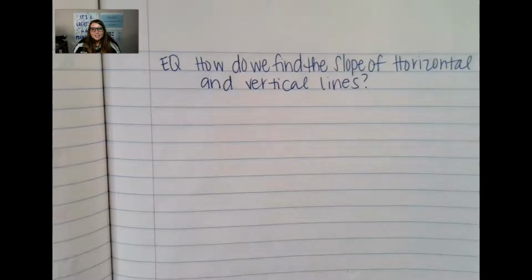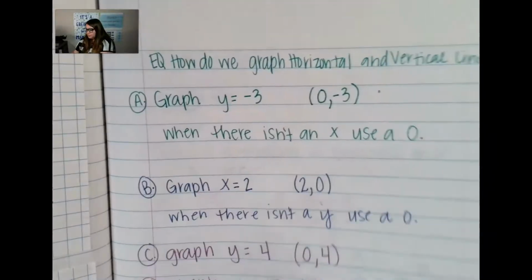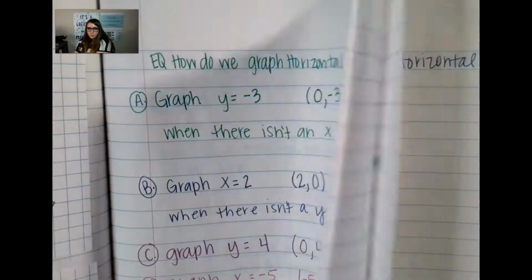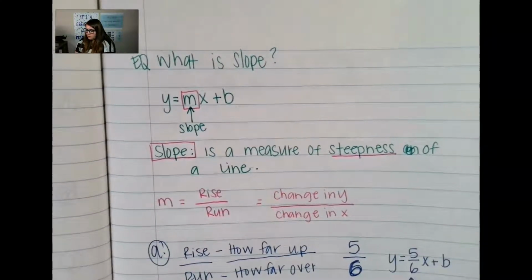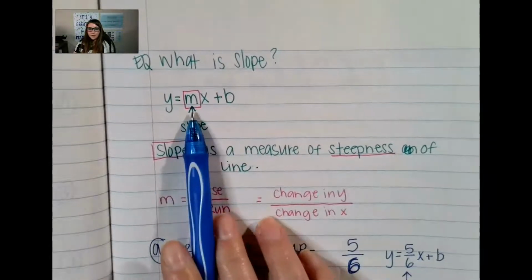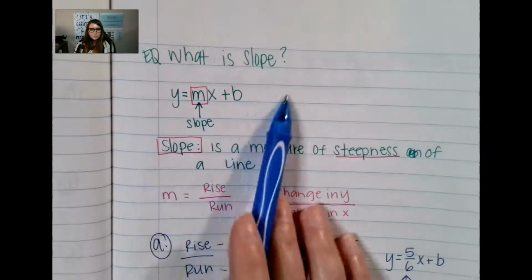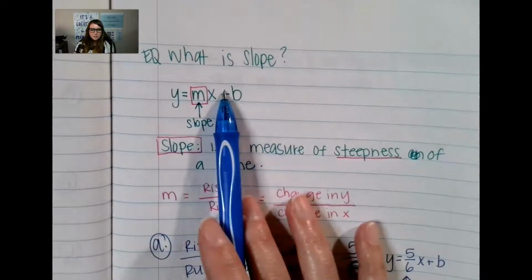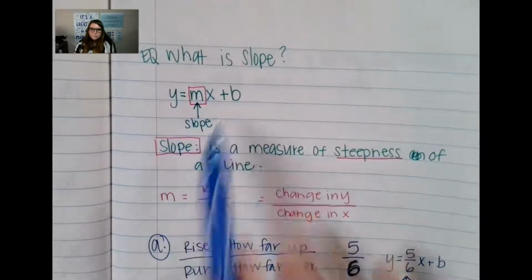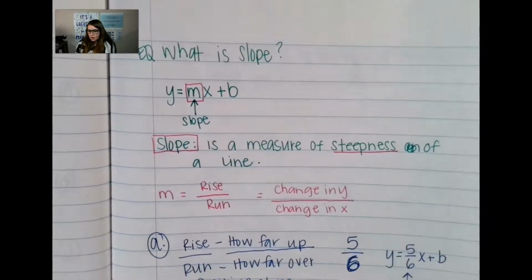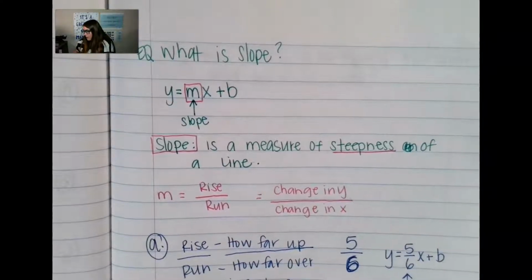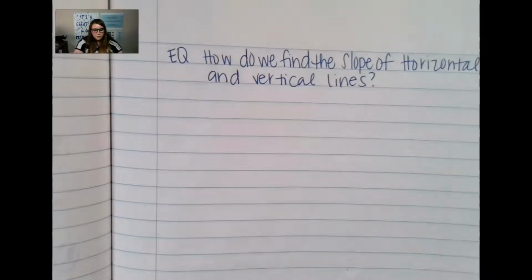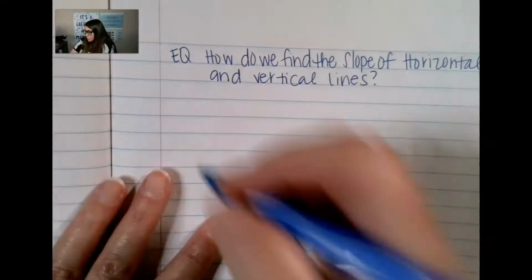Everyone. All right, so last lesson we were looking at slope. We saw how to find the slope of different lines by looking at the m. So if you're given a linear equation, it says y equals mx plus b. We looked at how far up and over the line was going. We saw that when we did some graphing,